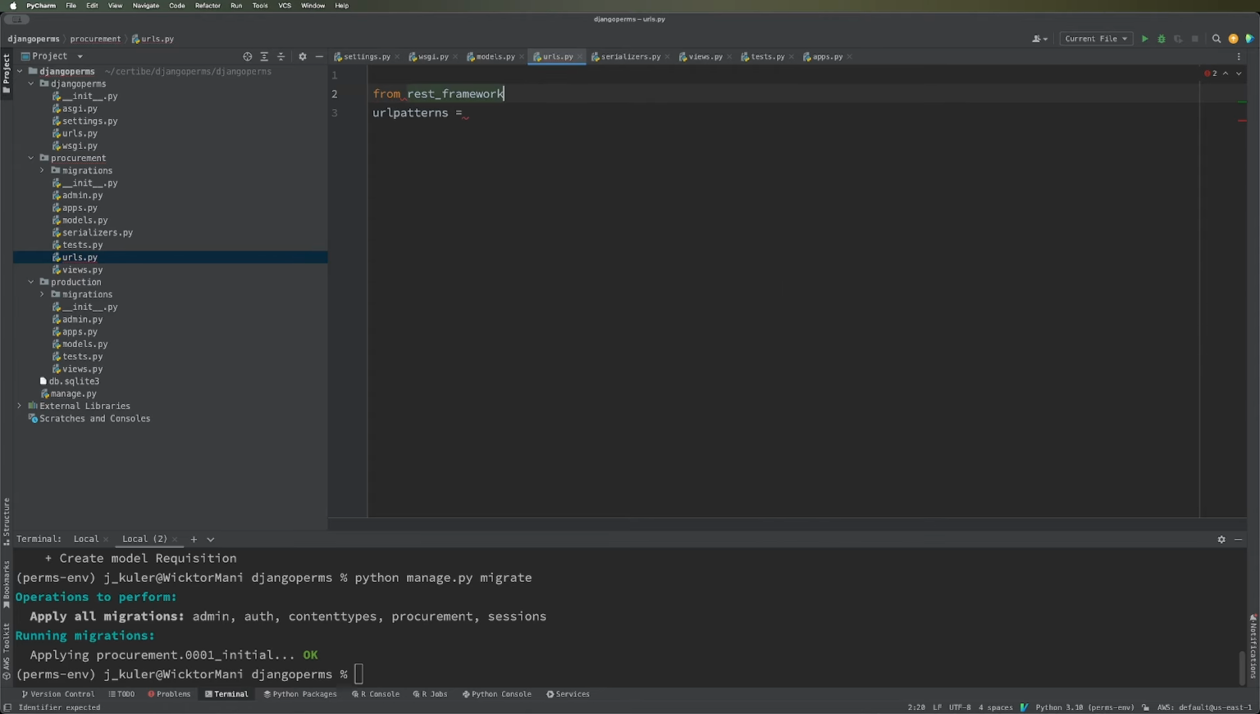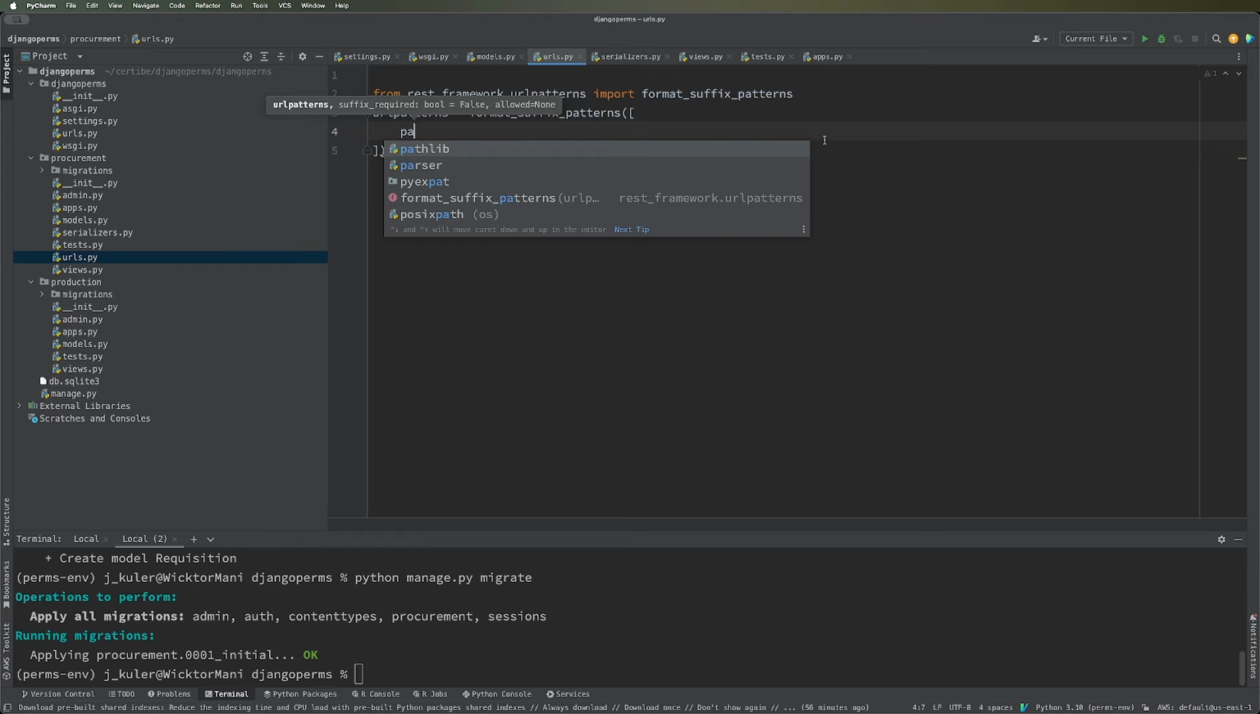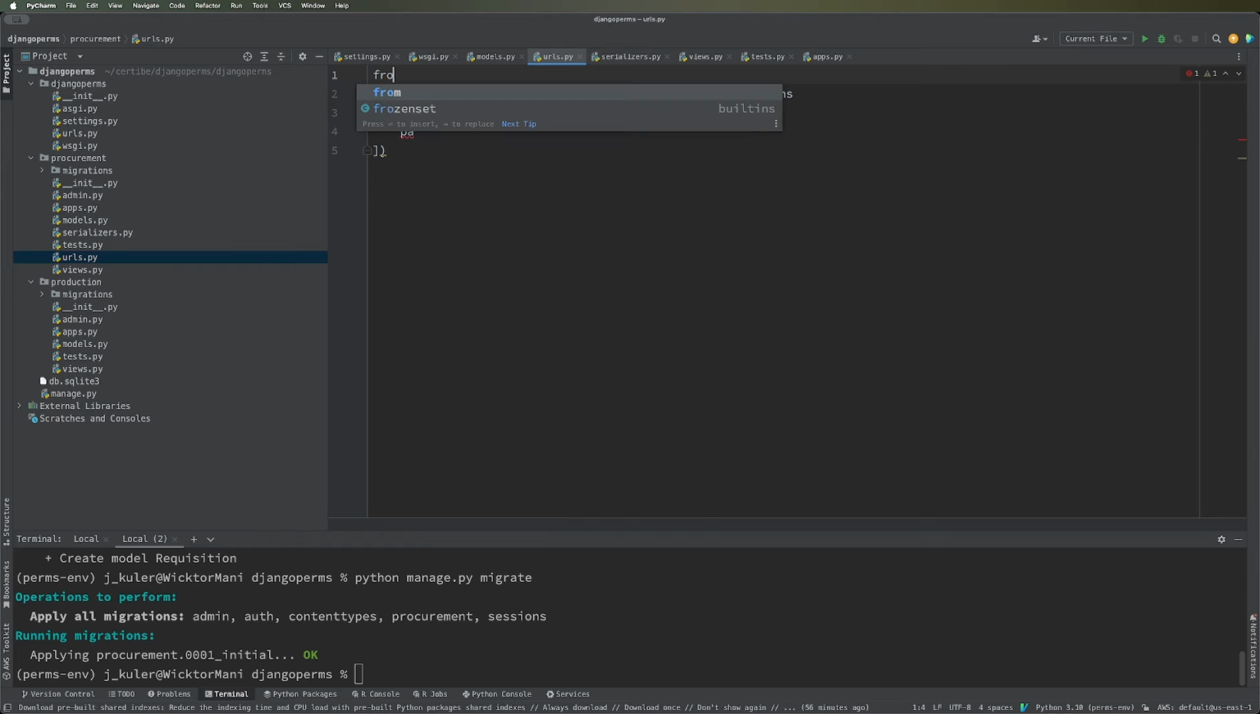From REST framework URL pattern imports format suffix patterns. Suffix patterns overwrites the default router on the Django default routers, so that's why I'm using that. I'm gonna create a suffix pattern, and then I'm gonna import path. I also need path from Django URL. From Django URL imports